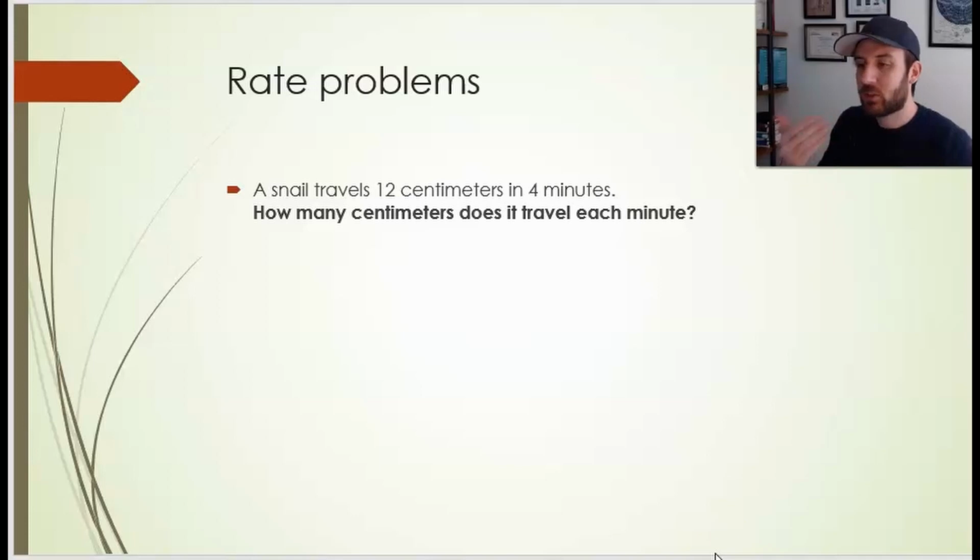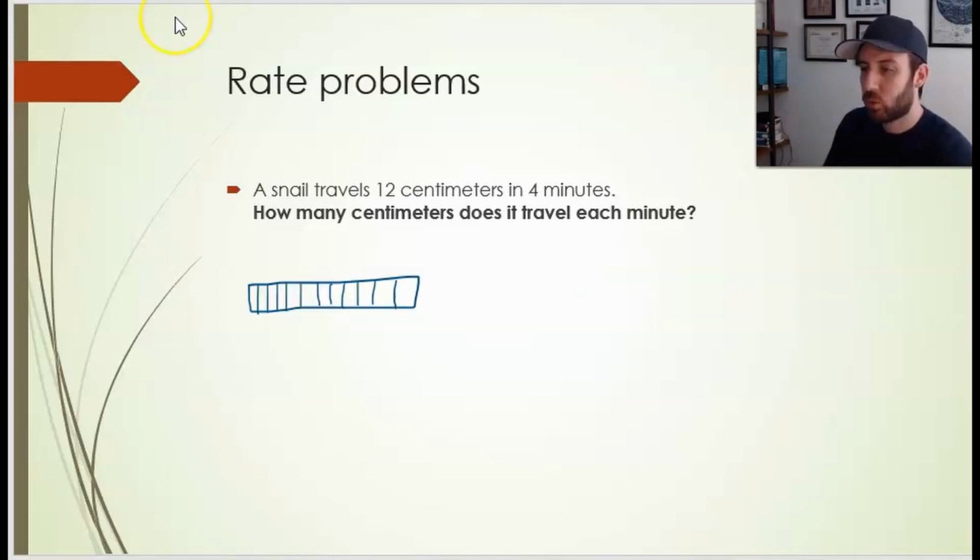We have a snail that's traveling 12 centimeters in 4 minutes. So that's 12 centimeters in 4 minutes. That means that we could break this into groups of 4. So we could think about this as being a group of 4 here, and a group of 4 here, and a group of 4 here, where 1 of those centimeters in each group belongs to each of the minutes. So we could actually reorganize this entire thing, and we could label these 1, 2, 3, and 4, 1, 2, 3, and 4, 1, 2, 3, and 4,